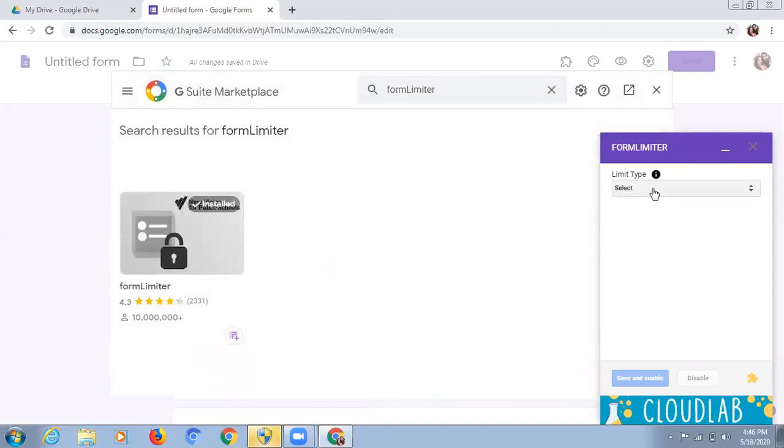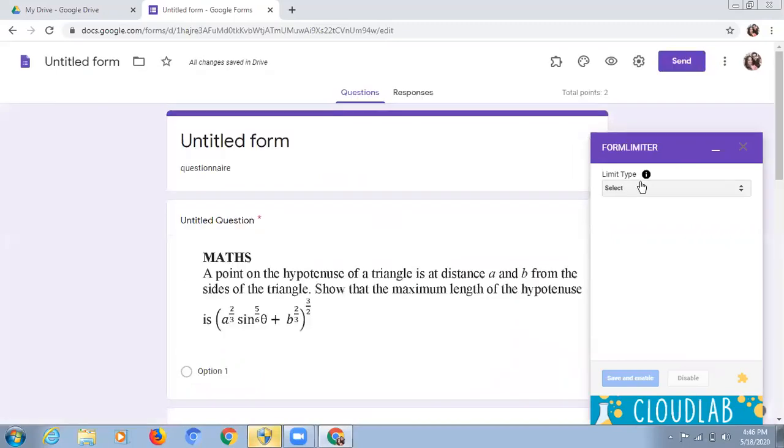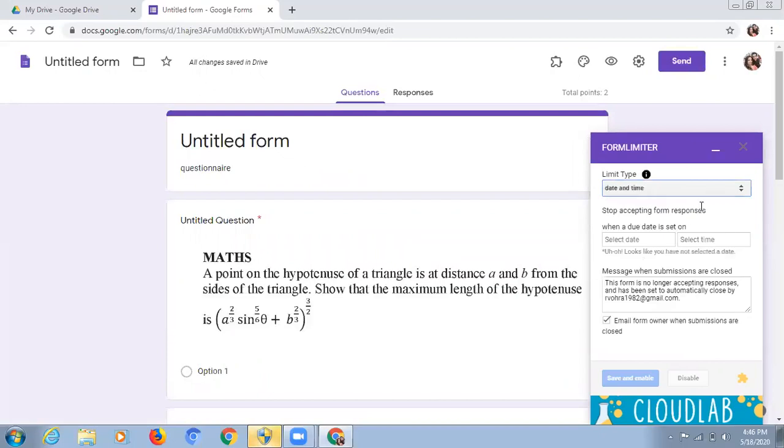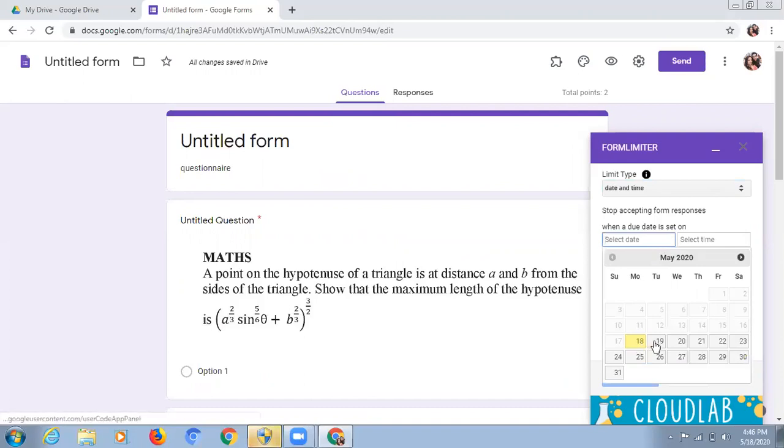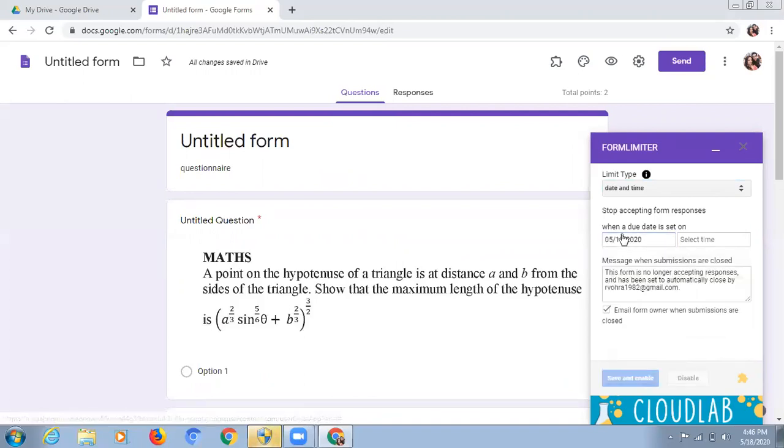I will close this. I will go to select, click on date and time. As today is 18th May, I could select that it should stop accepting the form responses on 19th May.